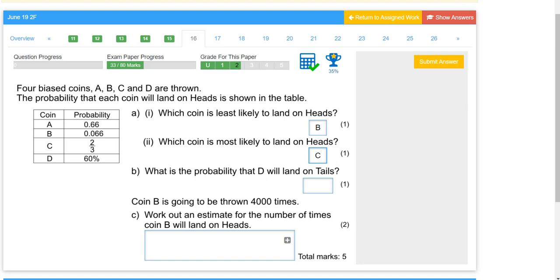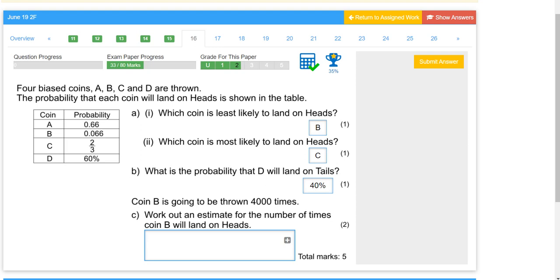The probability that D will land on tails, well, if the coin is heads or tails, then it's got to be one way or the other. So it's going to be 1 minus that 60%. And I could write that as 40%, or presumably I could write it as 0.40. And then finally,